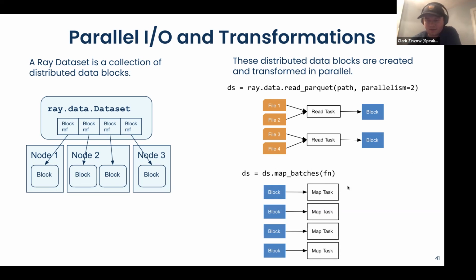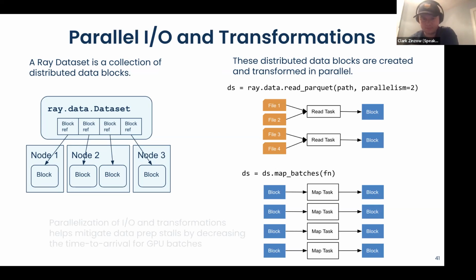All that it does is launch parallel tasks for the blocks and produce a new block. That's why a lot of these dataset operations return a dataset: you apply a UDF, it maps that UDF over all of the blocks in parallel, and then it returns you a new dataset, which is just a handle to those output blocks.